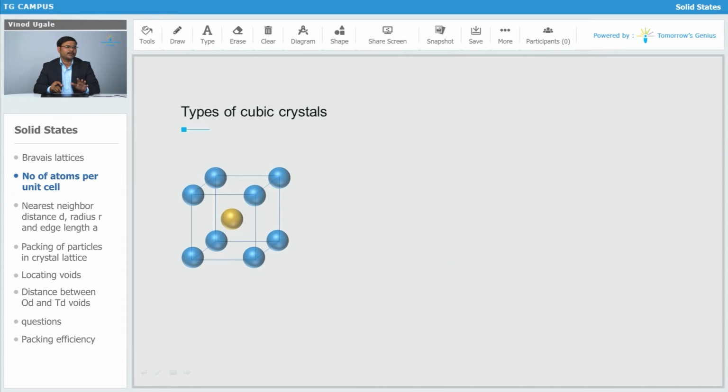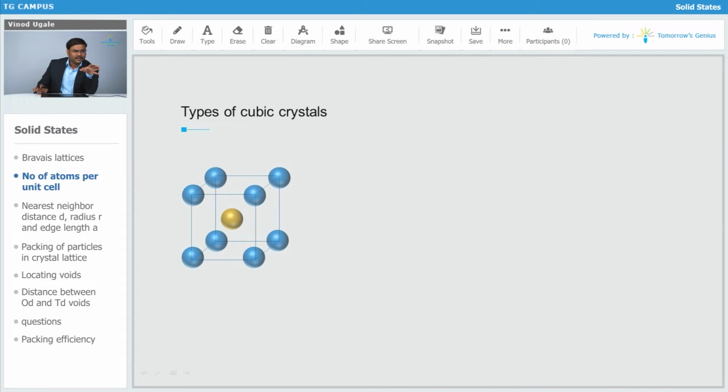So now let's go for number of atoms in body centered unit cell, body centered cubic unit cell. So we know that in the body centered unit cell, at corners we are going to have 8 lattice points, that is 8 constituent particles, and one particle will be inside the body. So remove that body centered particle and think about only the 8 corners. Now we know that for 8 corners we have to multiply by 1 by 8, because that corner constituent particle is shared by 8 unit cells. Therefore we are multiplying by 1 upon 8.